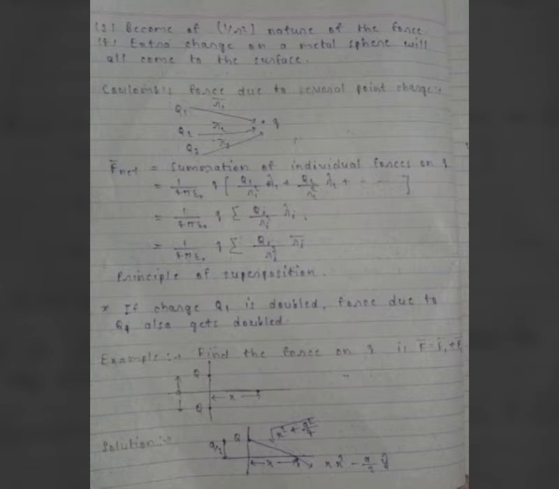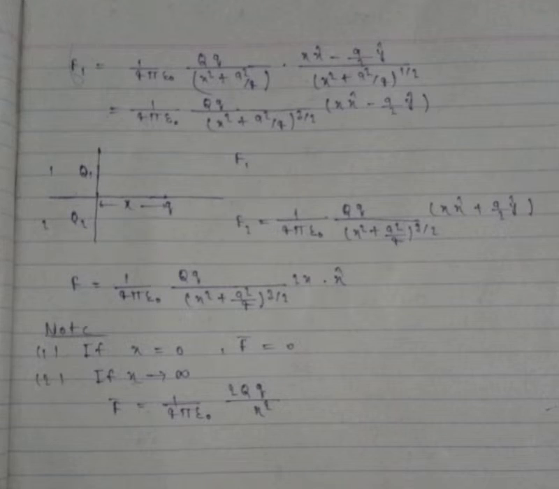So, let us take charge 1 and see what happens. Here is charge 1 q, here is charge q, this is at a distance x, this is at a distance a by 2. The force is going to be given by this vector. So, F1